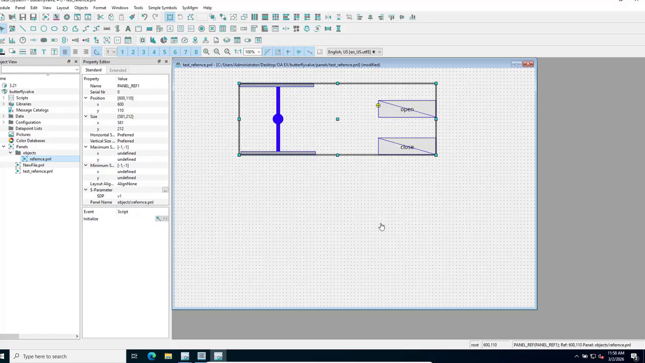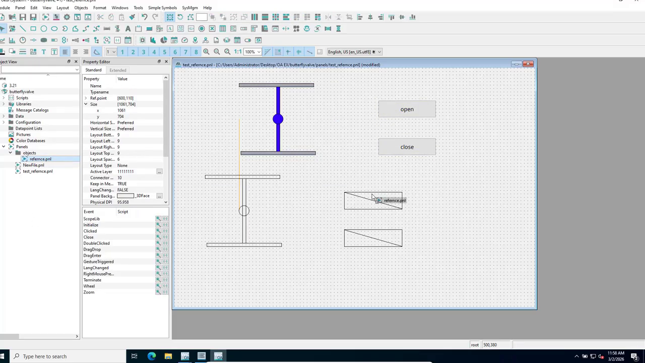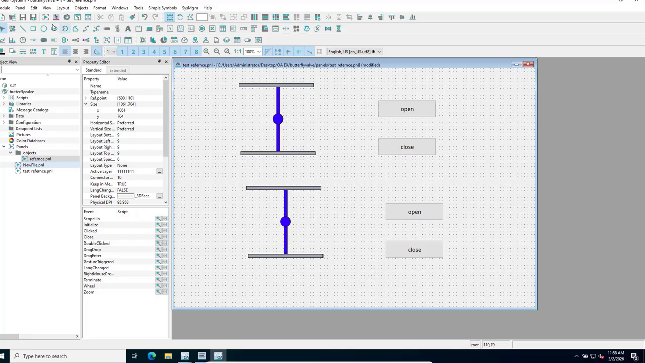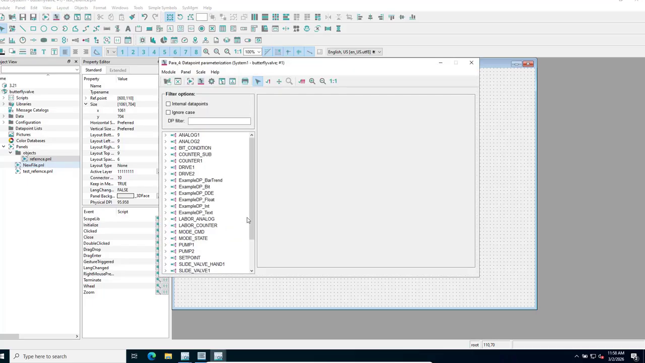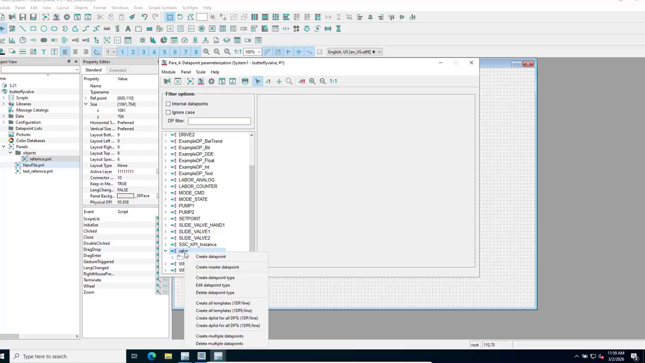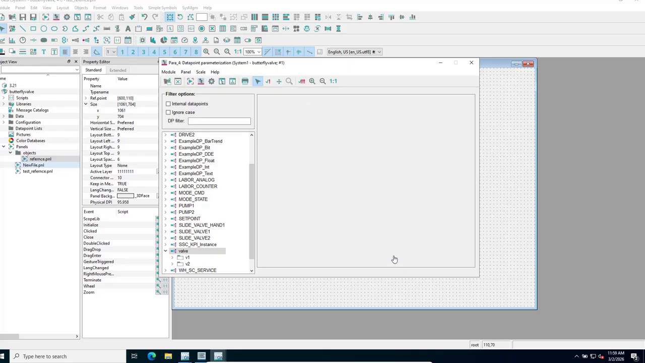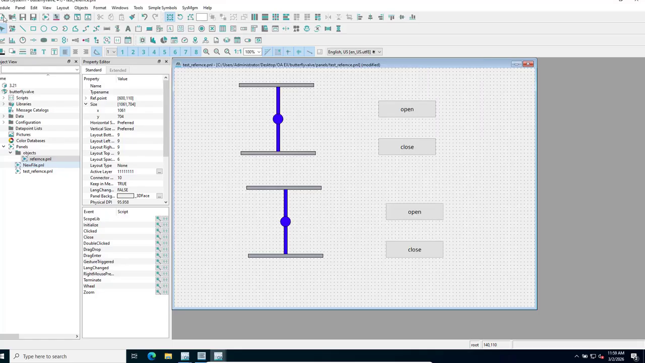Second one, we choose v2. Then we go to the panel, go to the valve. We just create one v1. We create the second one v2. Okay, apply, save,